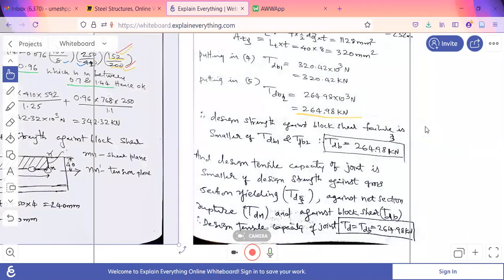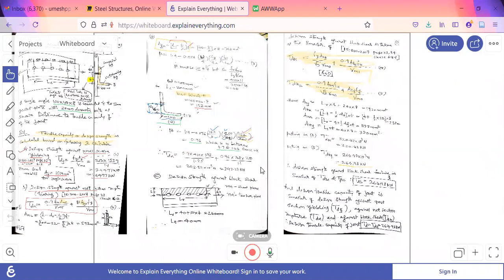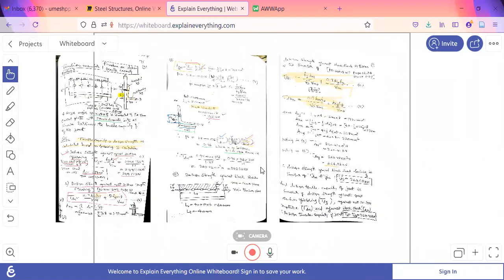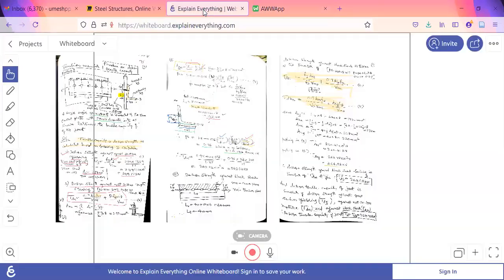Is it clear? Anything that you want to know here? Any questions? I'm going to share this page immediately today. If you can solve this, you are safe in this module. If you can solve this problem and understand what is what, fine. If you're not following block shear, the beta value and this AG0 calculation, then spend two hours on this, right? Because most of the calculation in the design will also be repeated. Got it?